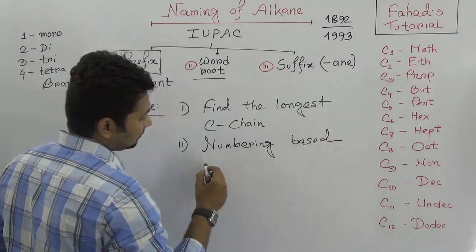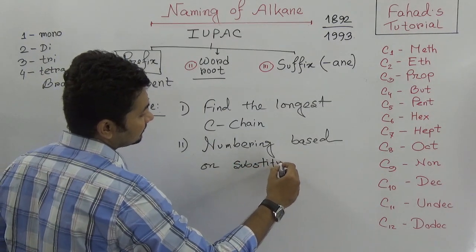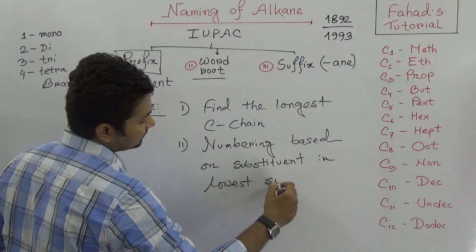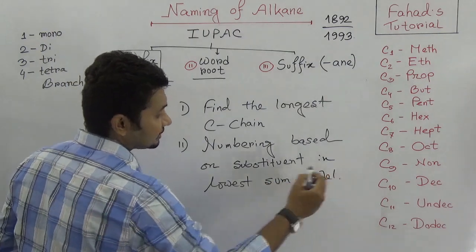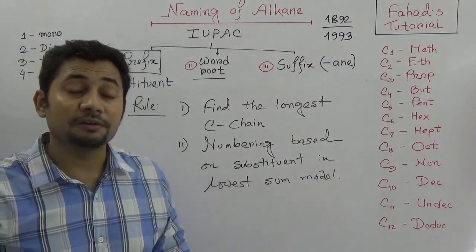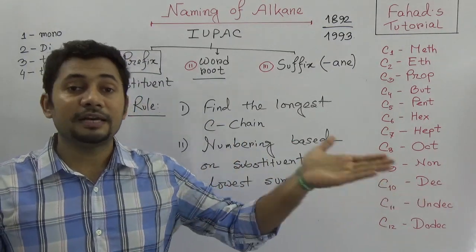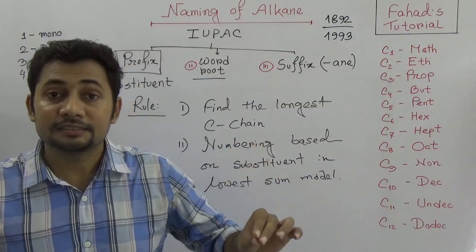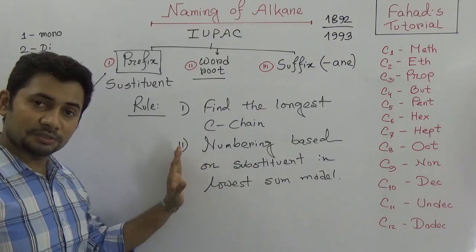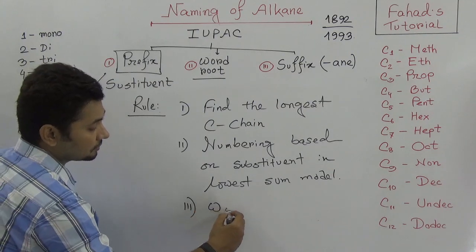Numbering based on substituent in lowest sum method. What is the lowest sum method? When there is more than one branch or substituent, we have to find the lowest sum, where we can number from right to left or left to right to make the numbers of the branches lowest. So simply we can remember these two things, and what to find next is the word root